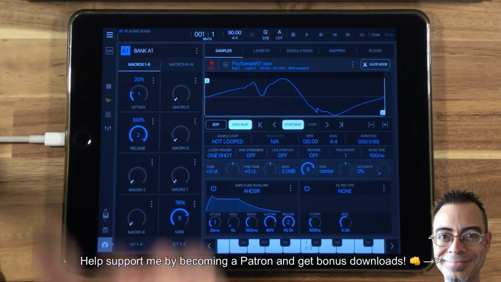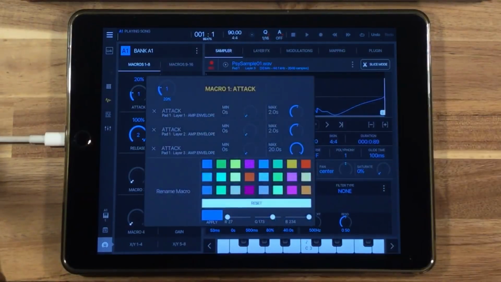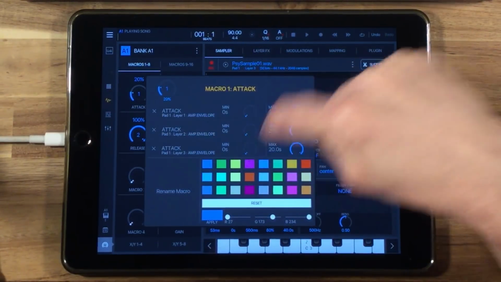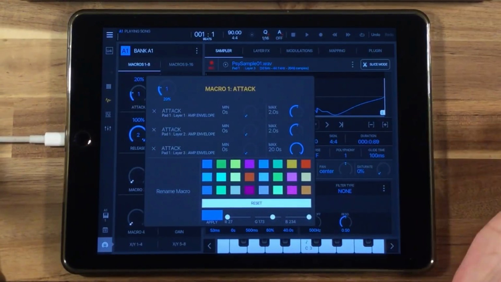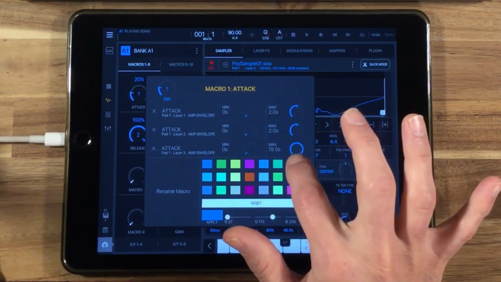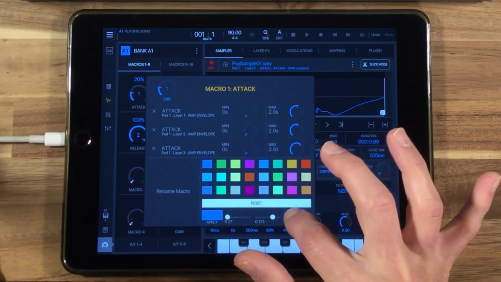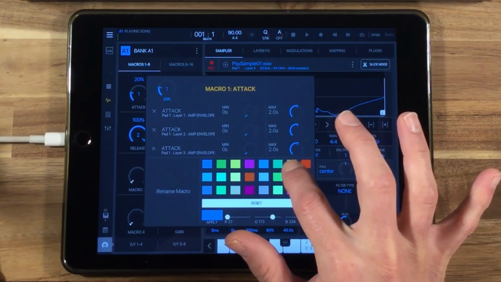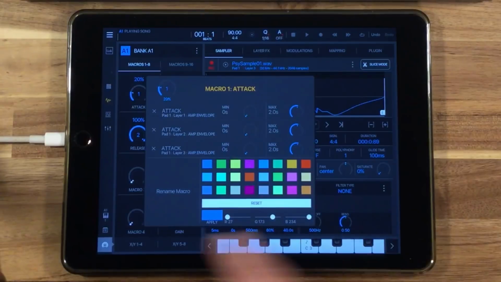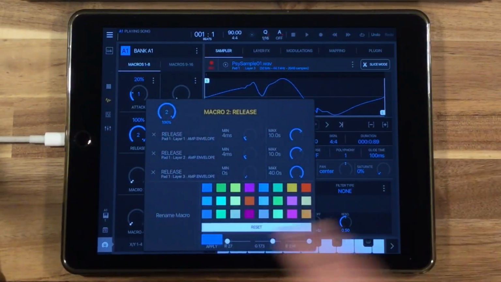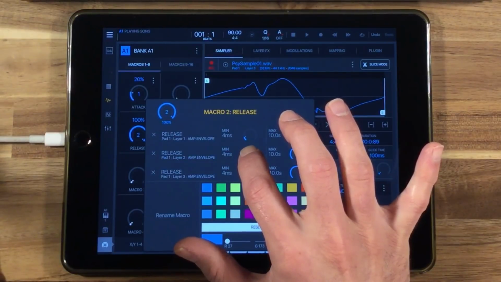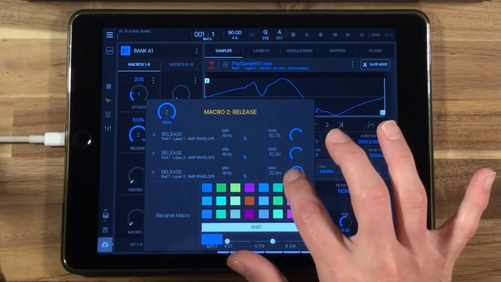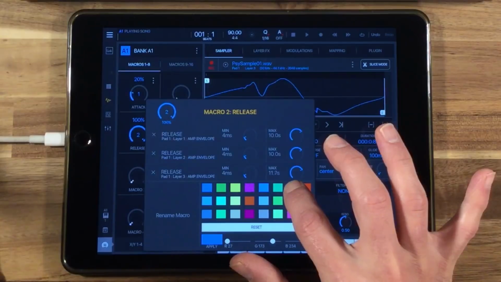And now, if we go back to the macros page and open up these tabs, we just need to make sure that all of these numbers are set the same. For instance, on this patch, we don't want this new layer to have a 20-second maximum attack. We want it to be the same as the other layers. So we'll make sure that those numbers are all the same. And we'll do the same thing here. We'll make the minimum and maximum numbers the same as we've already set on the existing 2